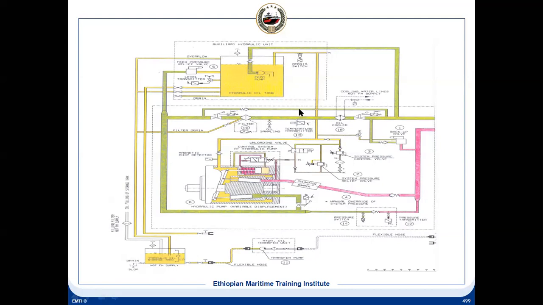And this reservoir also will have a temperature sensor which will maintain the temperature of the oil, and there will be a cooler with a water valve, fresh water or sea water valve. Usually, if it is LTHT, it will be the fresh water valve that will open at 30 degrees centigrade. It means below 30 degrees centigrade it will be shut, and then it will maintain a temperature, and the maximum temperature of the oil will be 65 degrees centigrade.